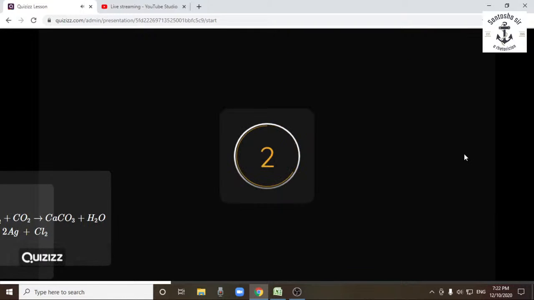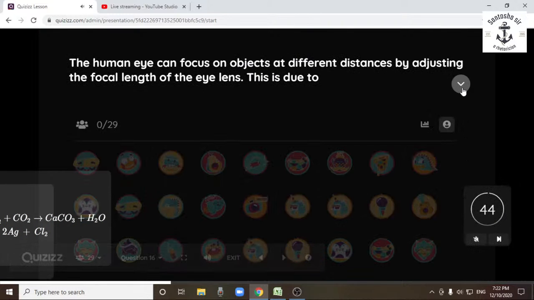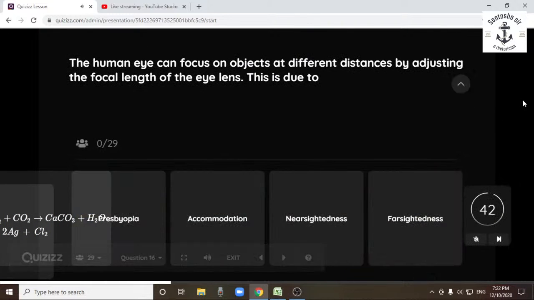Question number 16. The human eye can focus on objects at different distances by adjusting the focal length of the eye lens. This is due to